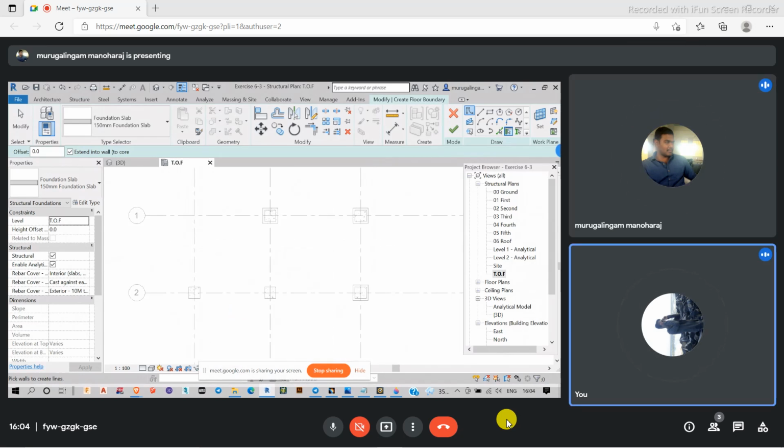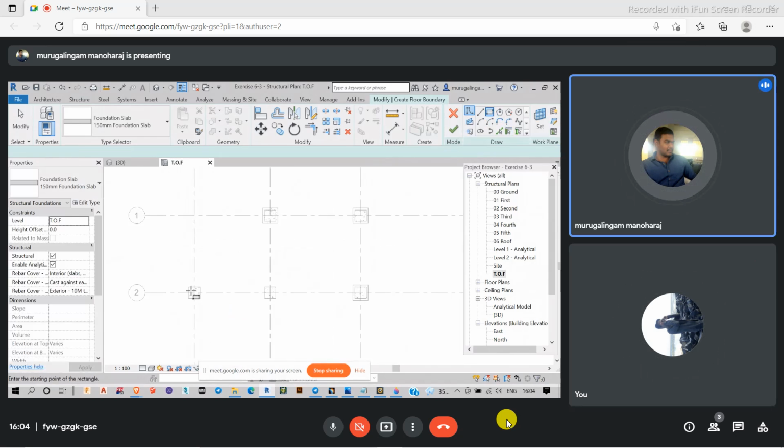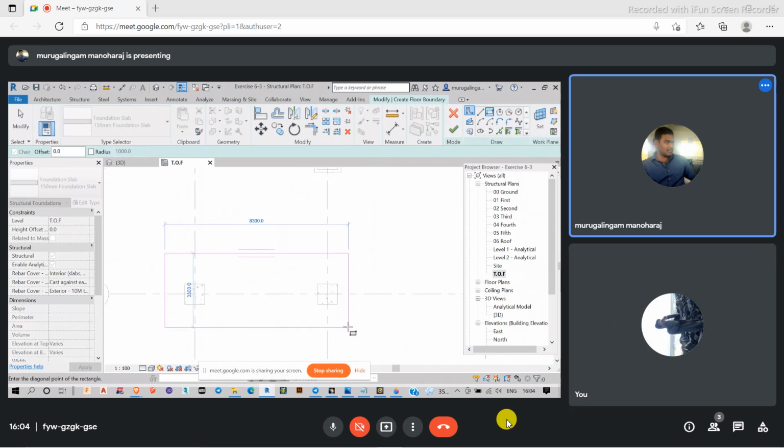In this case, I'm going to create a rectangle here, some random rectangle. This line indicates where my major reinforcement is going to come. If this line is here, it means my major reinforcement will be here. If I want to change my major reinforcement direction, I just have to come over here to span direction. This is my span direction. So now the major reinforcement will be placed here. As a general rule, major reinforcement is placed along the direction of the longer span.